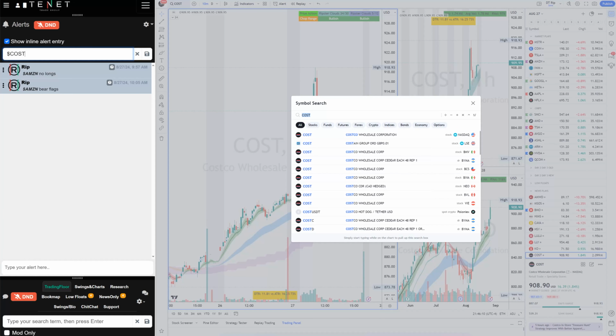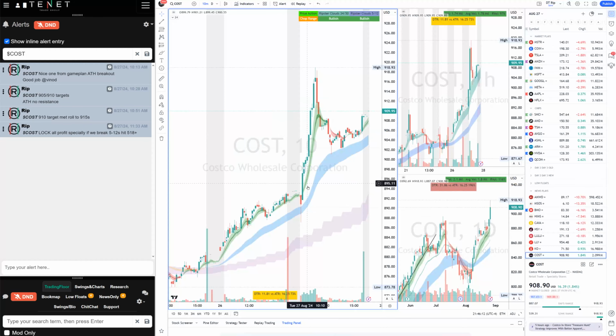Most of the community was already long on Costco because I gave those levels of breakout, and Costco pushes over those levels. See how the amateur move, the amateur move of 10 minutes. So you can ignore the amateur move, and then you get back in right over here. When I saw it, it was already closing in on the 899, 900 levels, breaking out of that. Then I gave the targets 905, 910. When it hit 910, I told everybody to roll to 915s, and then we slowly pushed to 918. So a beautiful winner